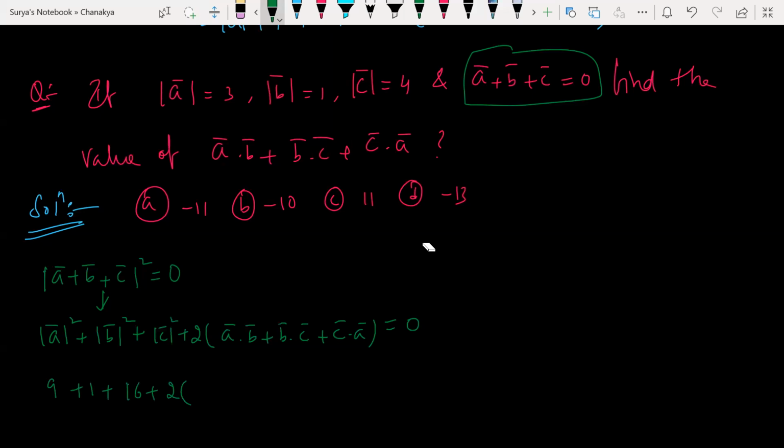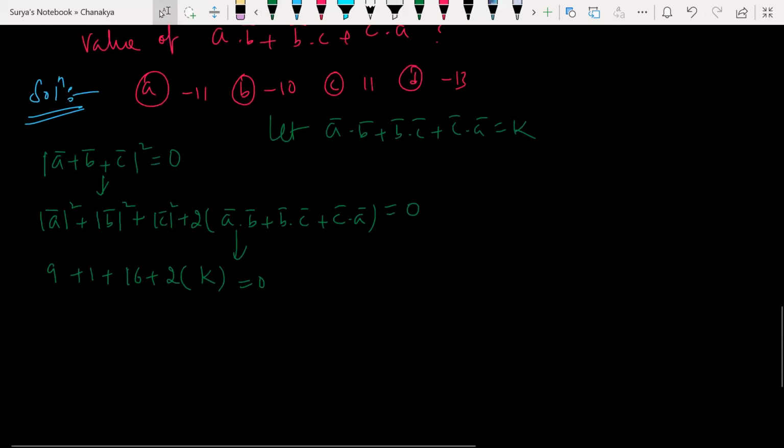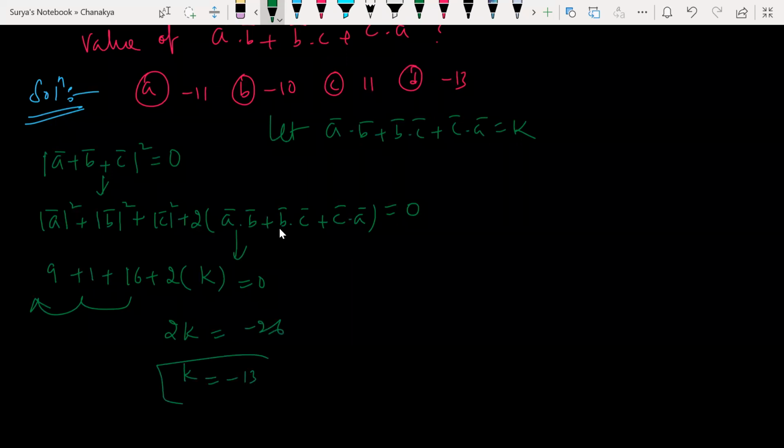Now tell me what is the answer of this? That is what I need to find out, isn't it? That is what we need to find out. Look at this here. That is what we have to find out. So let us consider this as, I'm taking anything, k. Let it be equal to k. Any doubt? Or else if you don't want to take k, let it be as it is. Okay, I don't want to write that again and again. So 2k is equal to what? So 17 minus 26, answer is equal to minus 13. Very good, Alisha. Is it clear? Hope it is clear to every one of you. Any doubts here?